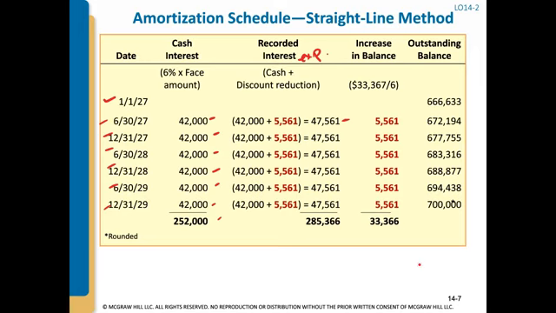It's just that we know that the credit to the discount on bonds payable account will be recorded the same amount every 6 months, the $5,561, and then the $47,561 will be the $42,000 plus the $5,561. So you can see here that at the end, this is how much interest expense is recorded. You're going to have total credits of $33,366 or $367. This is probably rounded, but